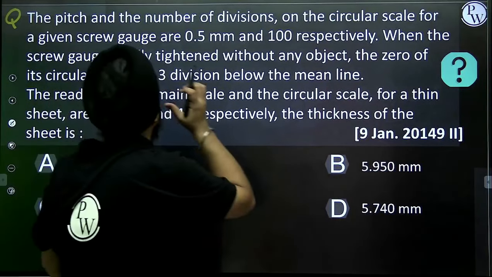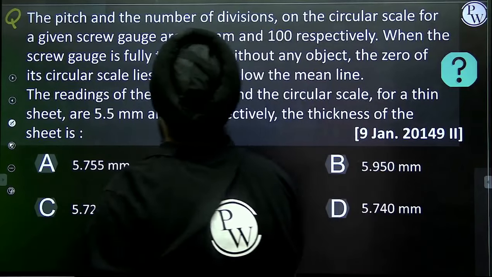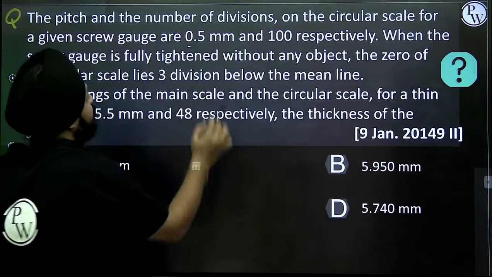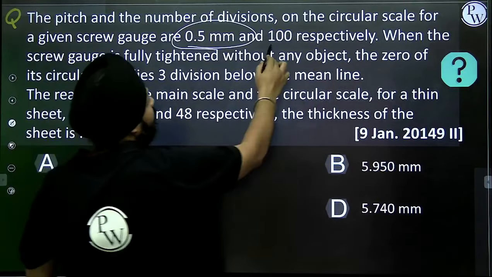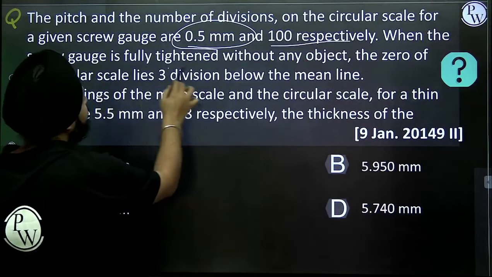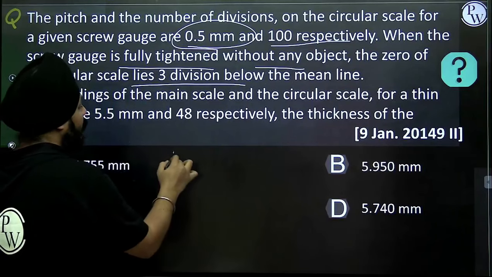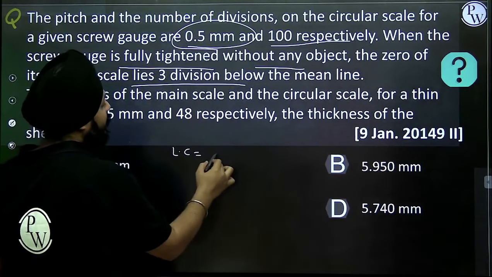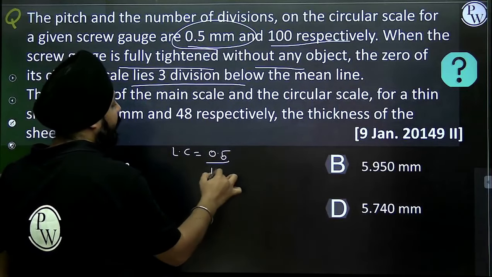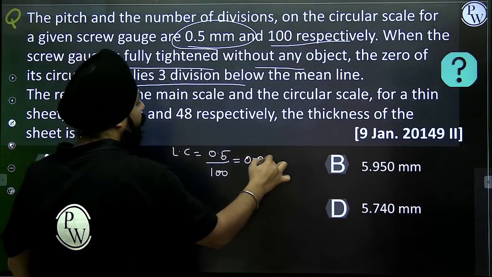Okay, so now the pitch of the screw gauge is 0.5 and the number of divisions on the circular scale is 100. When the screw gauge is fully tightened without any object, the 0 of the circular scale is 3 divisions below. First of all, let's find the least count, that is 0.5 divided by 100, and it will be 0.005